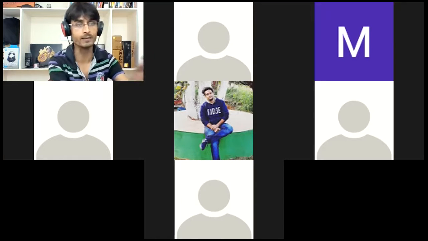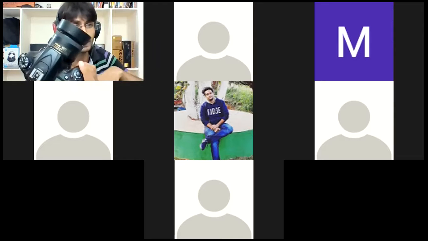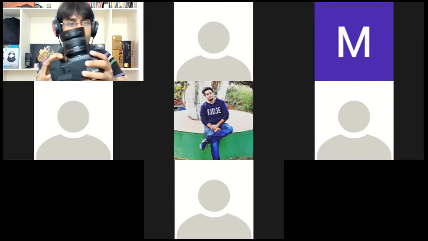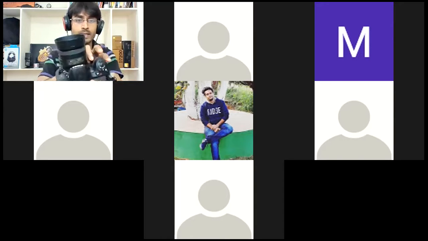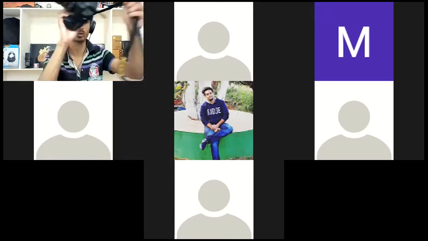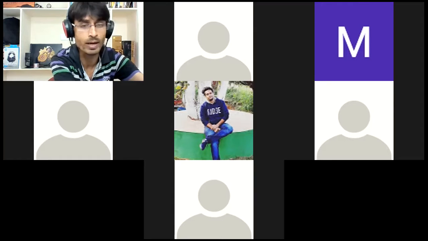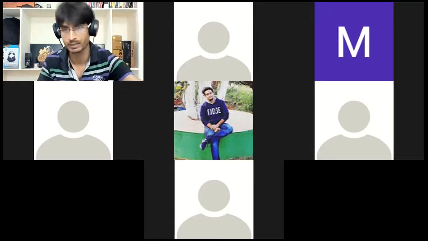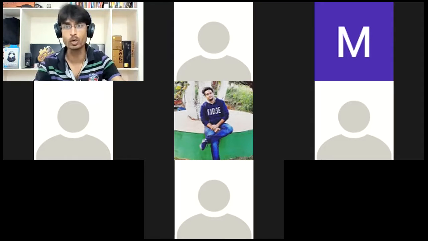Like the lens that I am using here, if you can see it, it is a prime lens. It is supporting an aperture of 1.8. Because my lens supports it, I can set the aperture to 1.8. In case it is not supporting, I will not be able to. If you are doing bird photography, mostly you will have a zoom lens which may not be supporting 1.8. So that also you clarify.